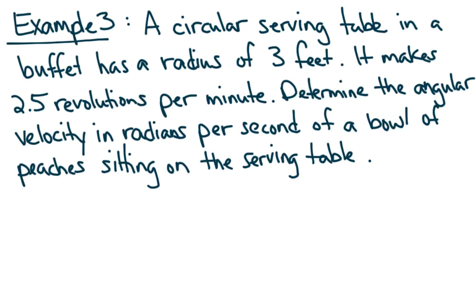So, in problem 3, a circular serving table in a buffet has a radius of 3 feet. It makes 2.5 revolutions per minute. Determine the angular velocity in radians per second of a bowl of peaches sitting on the serving table. I'm going to put a box around radians per second because that's the key to the end of the problem. So the first thing we do to find the angular velocity